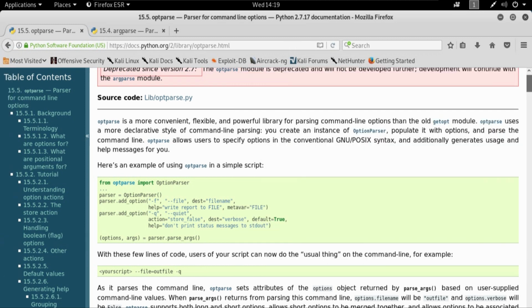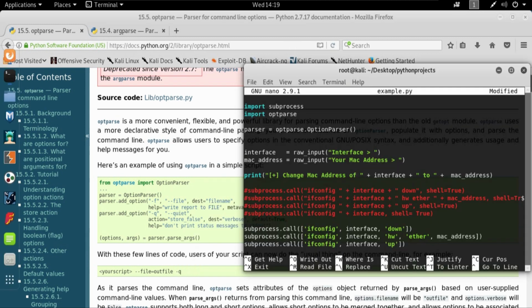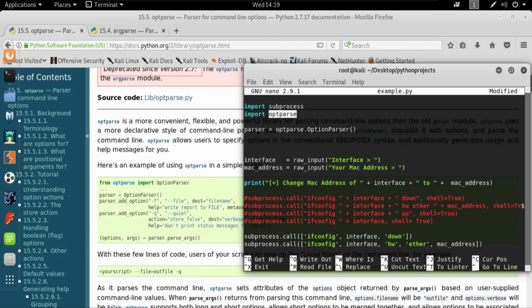Okay, so the first thing was that we imported the library. The second thing was to initialize the class. Now we have to add the options. So how can we add the option? We can add the option simply by writing parser dot add underscore option,